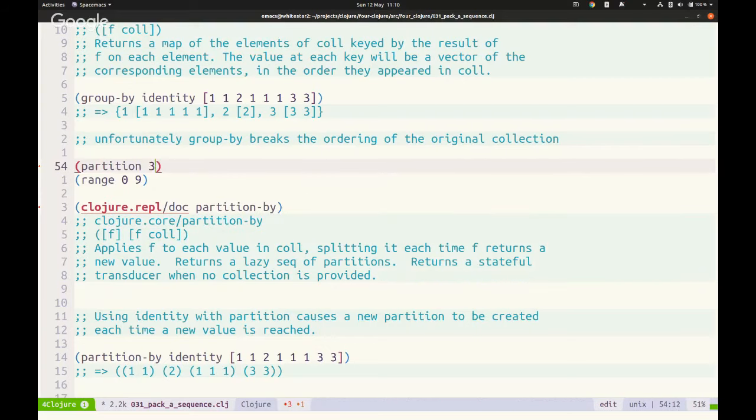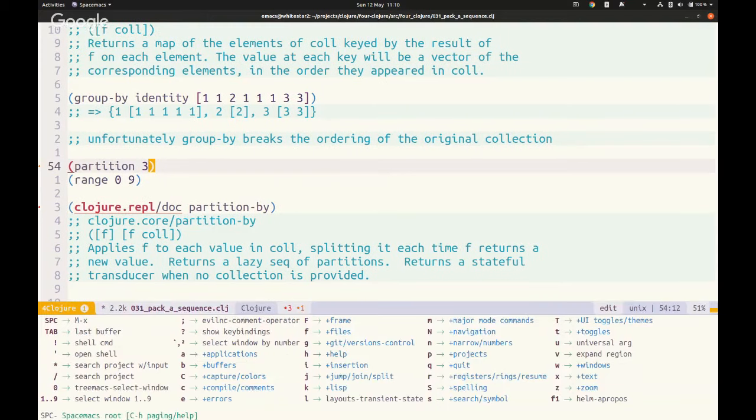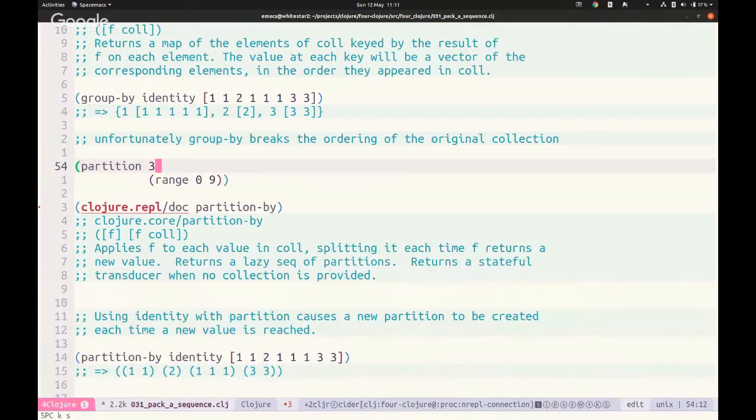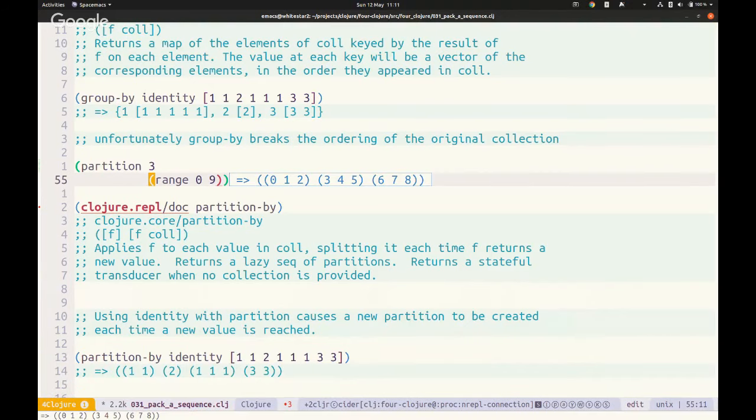Partition, and we partition by 3, so we take each 3 values from there, and then we're just going to slurp in the range. And if we evaluate this, we'll get 0, 1, 2, 3, 4, 5, 6, 7, 8. Oh, 9's gone. So it drops off the 9, the last value, because it can't make a partition of 3